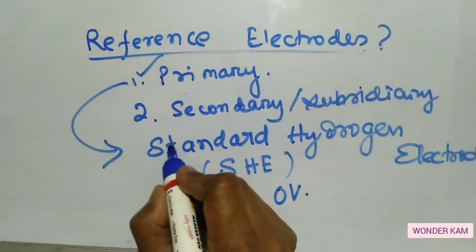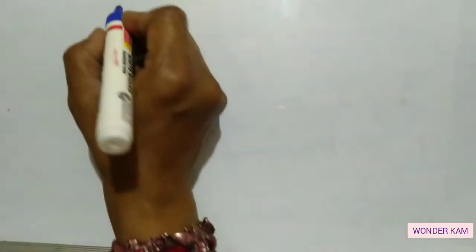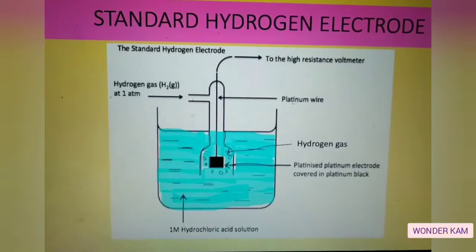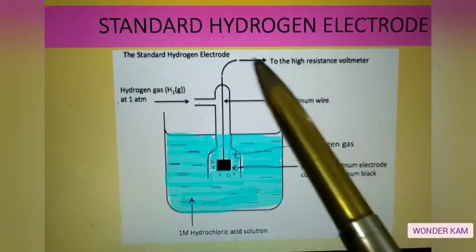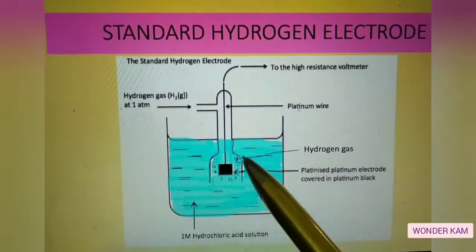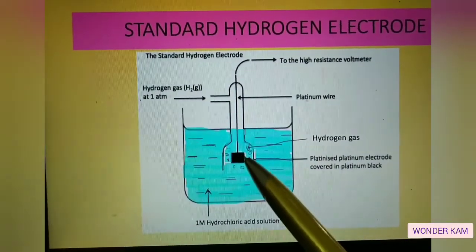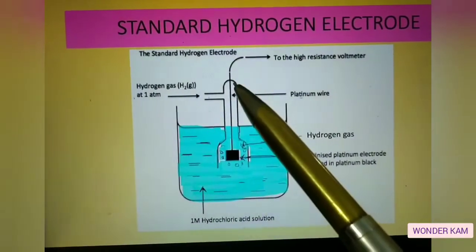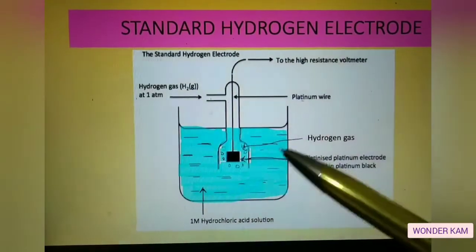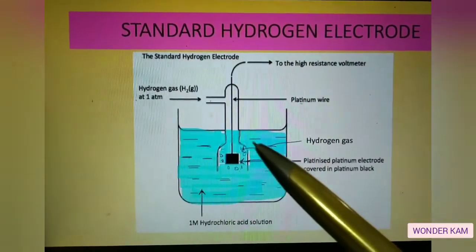Let us discuss some important features of this standard hydrogen electrode, that means the construction and working of this electrode. This is the diagram for the standard hydrogen electrode. You can see one inverted glass tube with a bell-like structure at the bottom. This tube consists of a platinum wire with a platinum foil covered with platinum black at the bell. This tube is dipped into a 1 molar solution of hydrochloric acid and hydrogen gas is allowed to escape from this